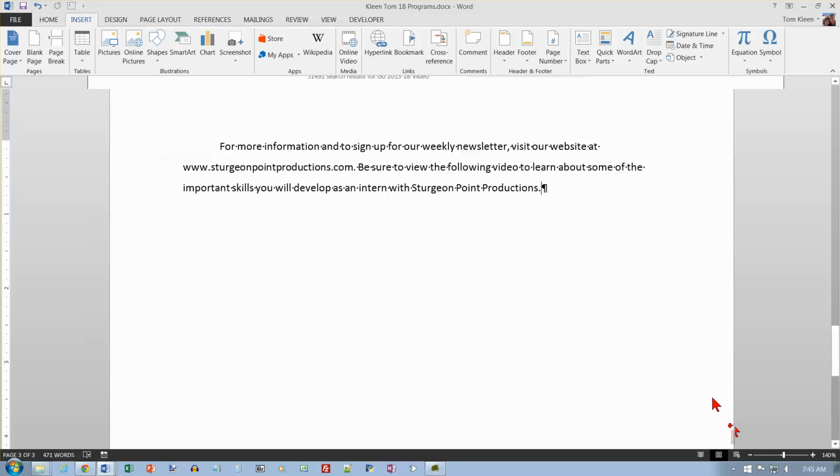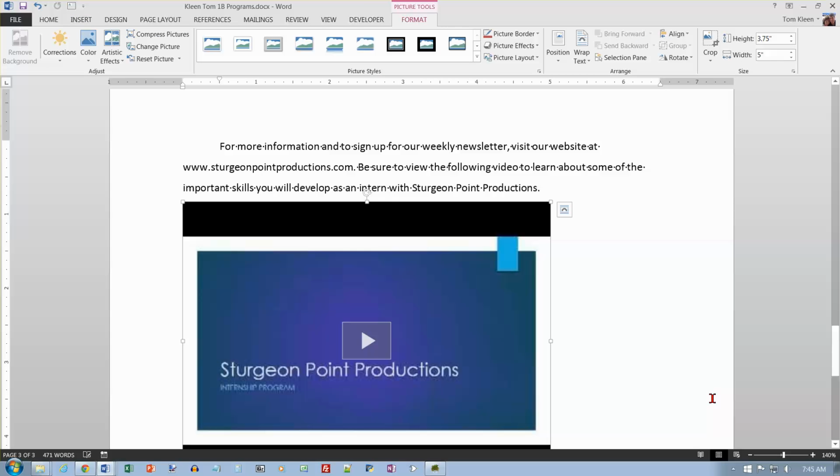And click on Insert. And compare a screen with figure 1.51. Well, it doesn't look quite like that, but it does say Sturgeon Point Productions, so I'm pretty sure this is the right one. And point to the play button here,